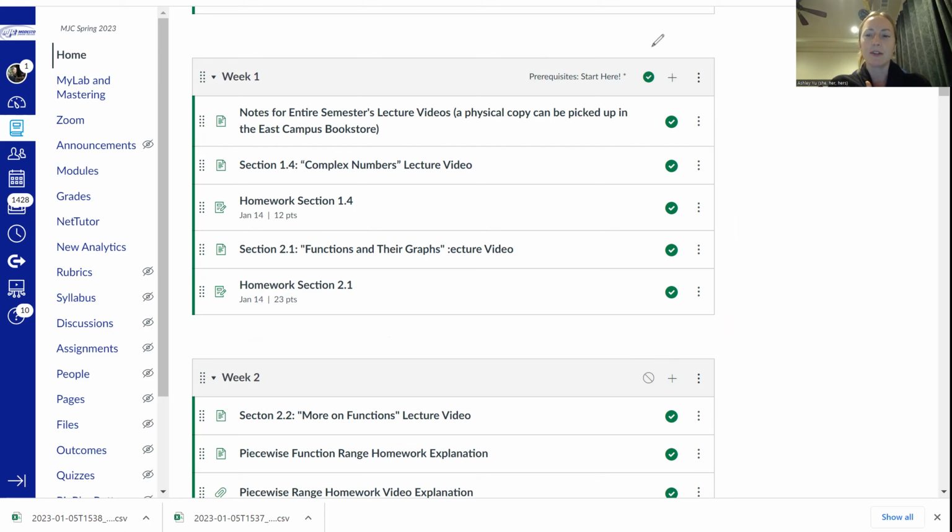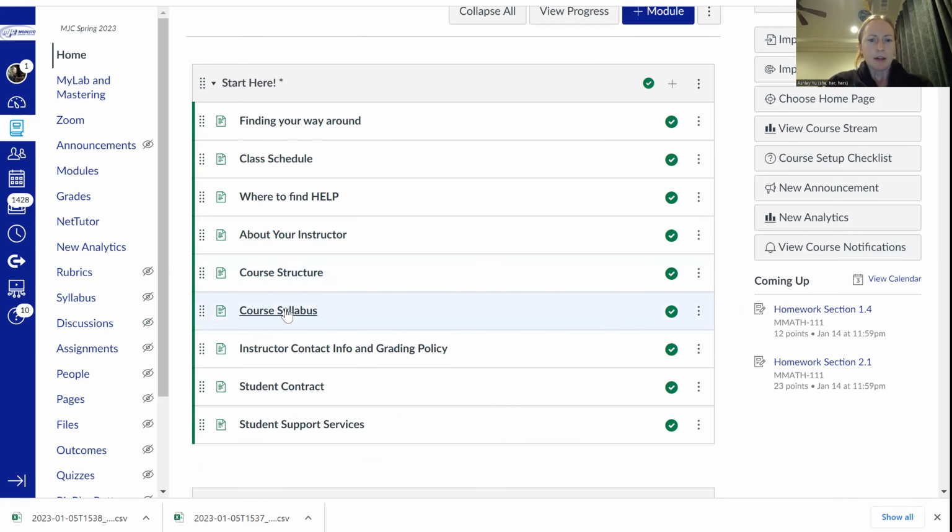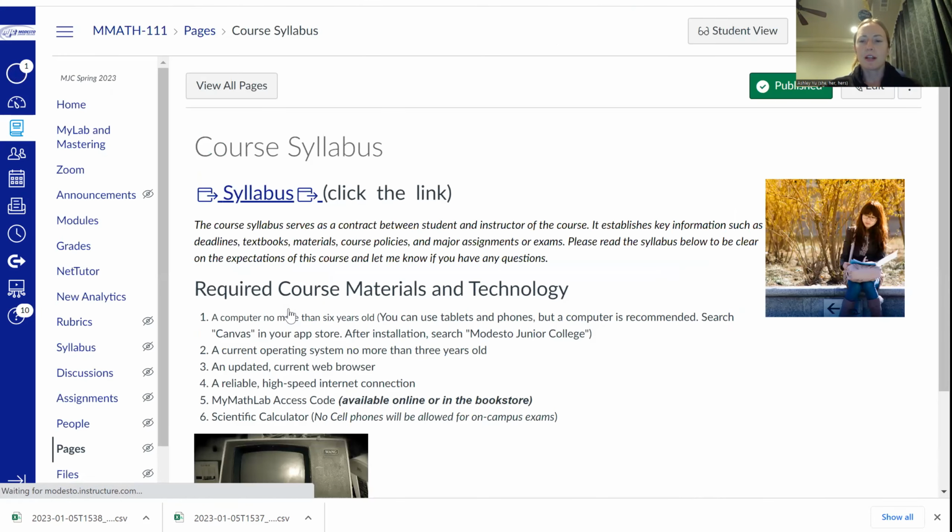So I'll try to get everything done early so you can work on stuff early if you wanted to. No pressure though. As long as you get things done by the due date, then you're fine. Or if you know you're going to be out of town a certain week, or you've got a lot of work coming up at a certain time, it's good to just get ahead in this class if you can.